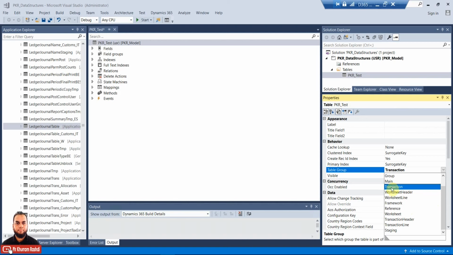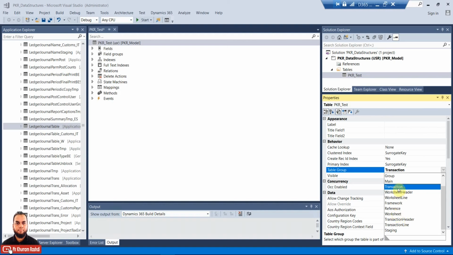It is the same, just like a transaction, transaction header and transaction line. That means that a pattern which is using common information in header and line will have the header and line pattern, like worksheet header and worksheet line. But if it is a single pattern, not having a parent and child relationship, only a single record, it will have the worksheet in that case, not a header and line.